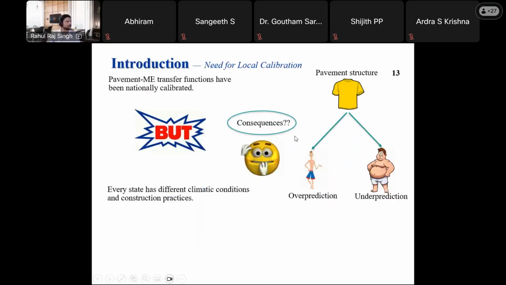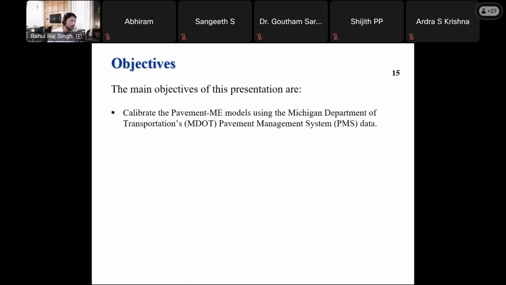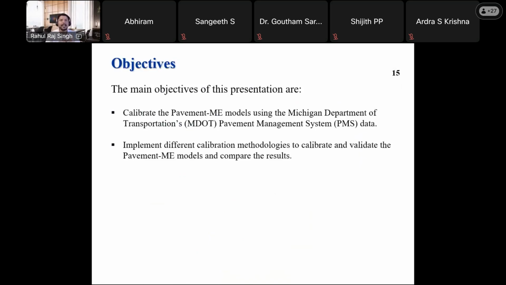Okay, perfect. Okay, so coming back to objectives now, what are the objectives of this study? One, calibrate the pavement ME models using Michigan Department of Transportation pavement management system data. So basically it is Michigan specific data. Two, implement different calibration methodologies to calibrate and validate pavement ME models. I'll discuss the different methodologies that we are talking about here. And three, what is the impact of calibration on